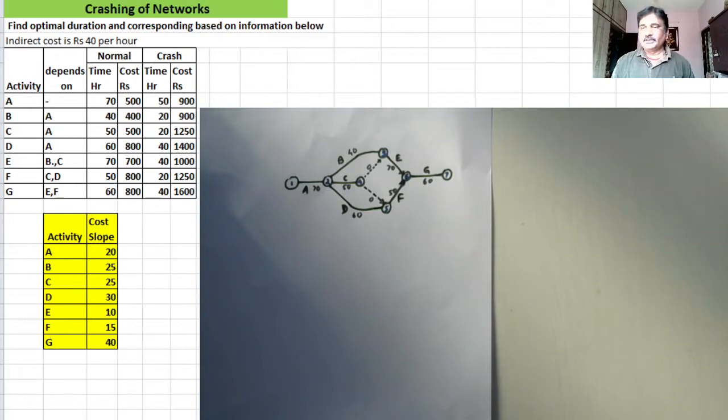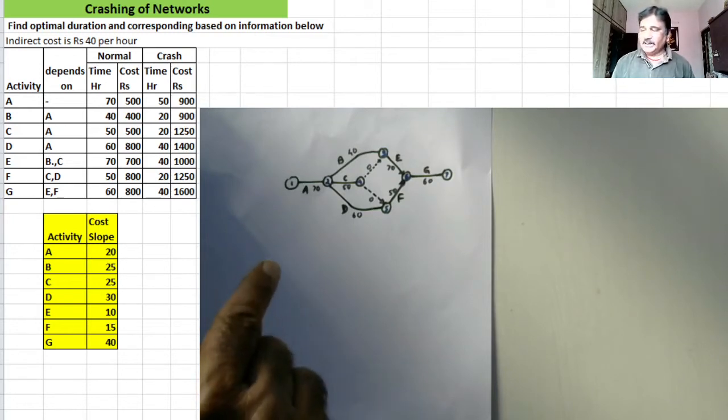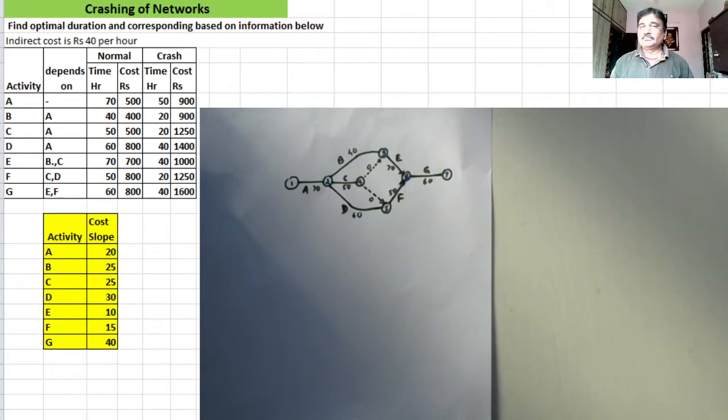And that is by representing this network graphically. Whatever the lengths of the activities are, they are precisely indicated on graph paper, right? So we will be representing this network on graph paper. We will draw a time scaled version of this network, and when we draw it, we will indicate activity time by horizontal lines. Every line will be either vertical or horizontal, right?